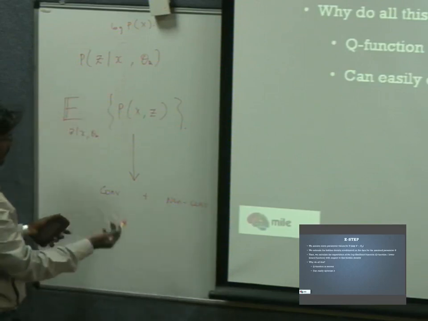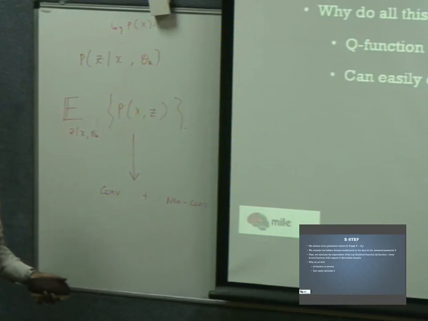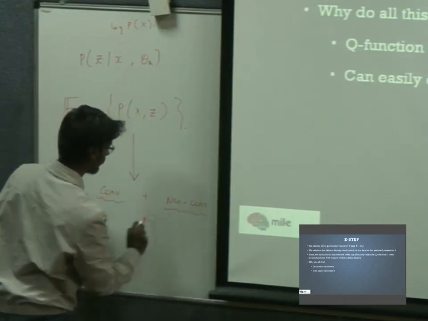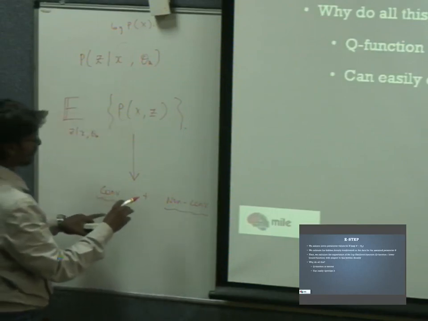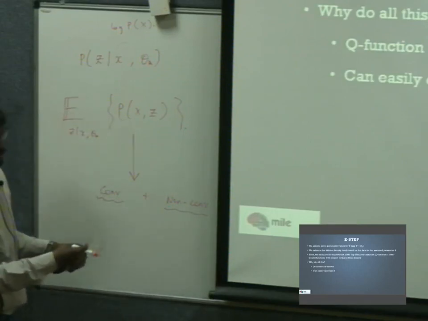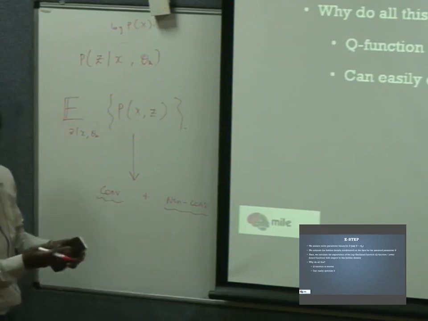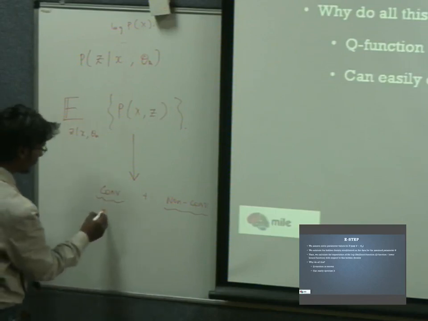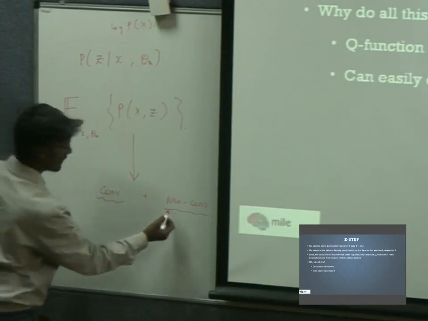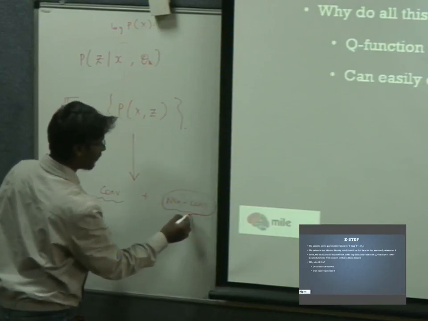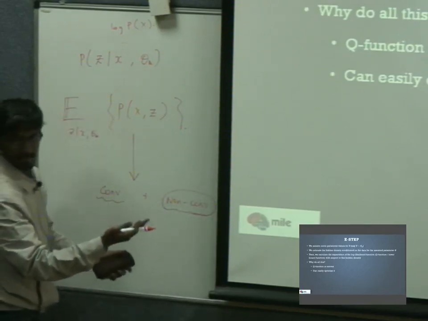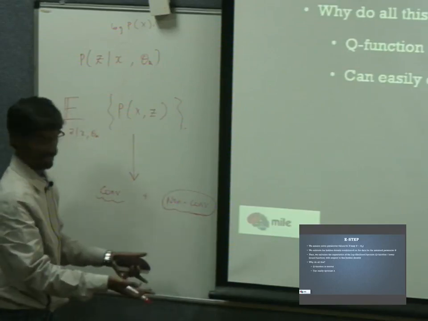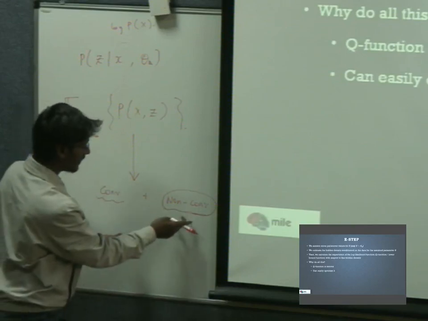And the ultimate goal is to find the optimal parameter theta. This will give rise to one function, and this gives rise to another function, and we have to choose the parameter theta in such a way that the likelihood increases. So we should ensure that both of these increase simultaneously. We have seen that in the non-convex part, whatever theta you choose that maximizes this function, you will find the increase in this function. So there is no need for that; we don't get any information from it.